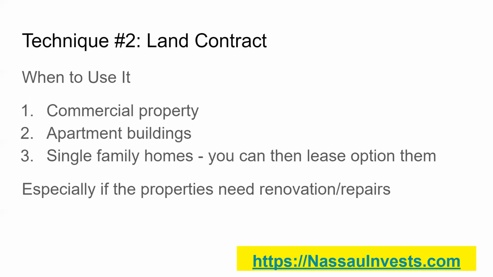Even though the bank has the mortgage and note on the property, the mortgage lien on the property, you're the owner. Now, a land contract is something like that. However, you don't have the title yet. You can think of it like the title or the deed is in escrow and it's released to you once you fulfill the terms of the contract. So technically you own it, but your ownership is contingent on you fulfilling the terms of the contract, which is paying the mortgage and the note, so that the mortgage is released.